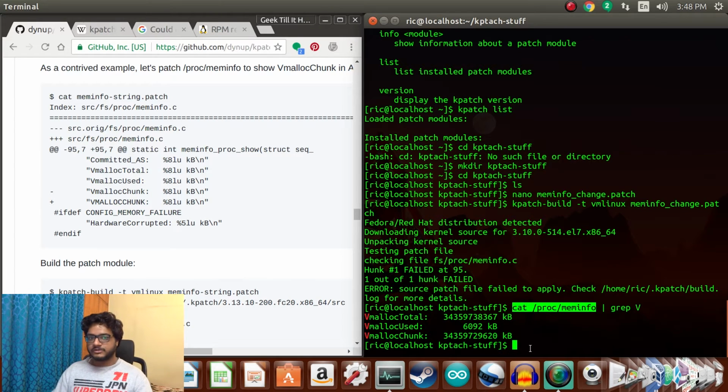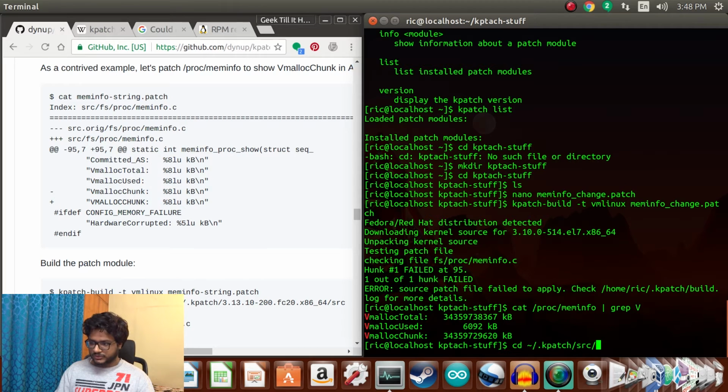And to do that, first we have to create the patch. So we'll go into the source directory for kpatch. Now this is not the recommended method of doing things. The recommended method is that you have a separate source file, and then you make changes there, take the patch from there and then apply it. But just to keep things simple and short, what I'm going to do is make the change directly at the kpatch source file. So cd and then